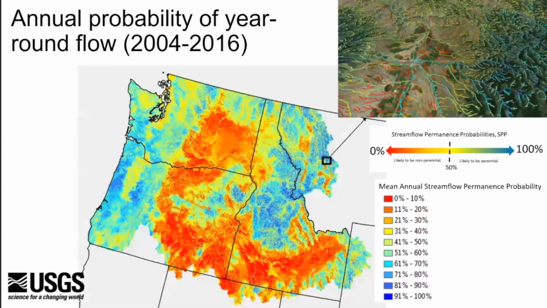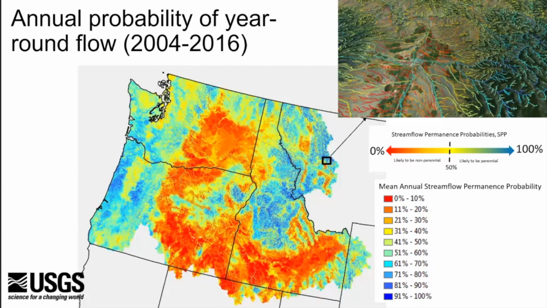And then this is the product. This is what our model in general is. It provides annual probability of year-round flow for each year under the specified modeling domain. So it doesn't predict forward. It's essentially kind of like a hindcast where you have given it the climate data for that year, and it provides an estimate of the probability of year-round flow.